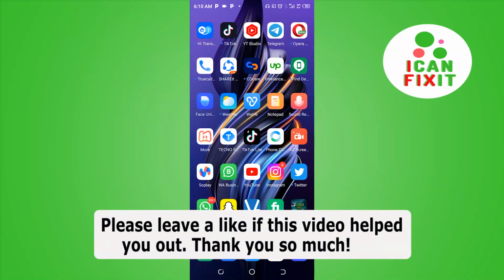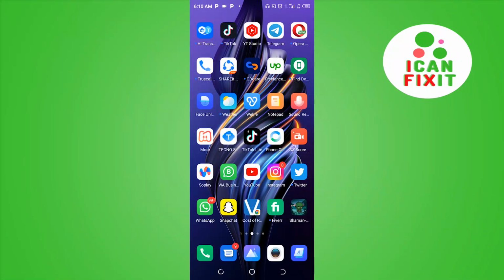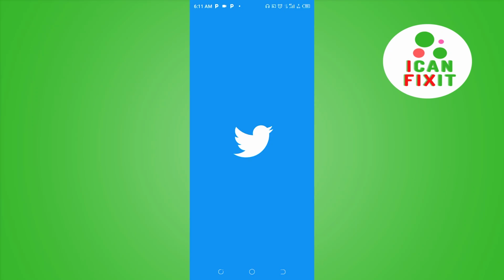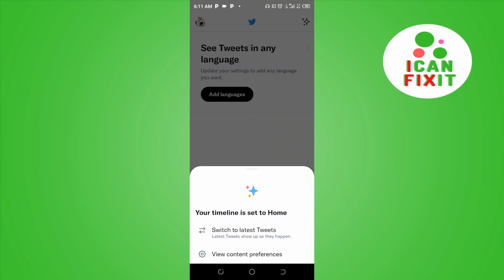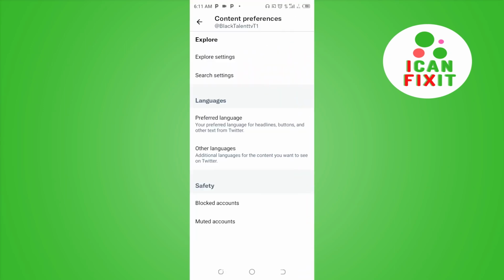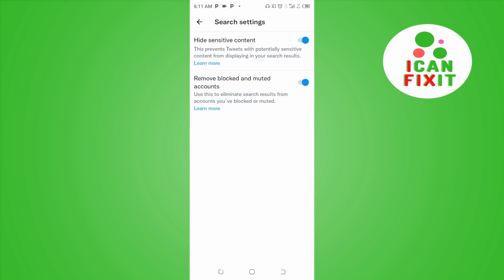Hi guys, in this video I'm going to show you how to hide sensitive content on Twitter. You want to go ahead and open your Twitter account, and tap on this button right here and click on view content preferences, and then go to search settings. Here, if you have hide sensitive content like this, what you need to do is to click here to turn it